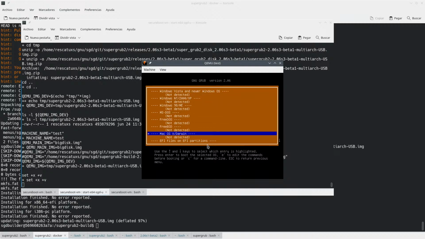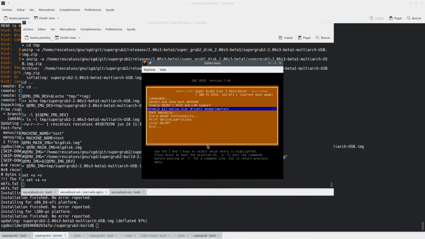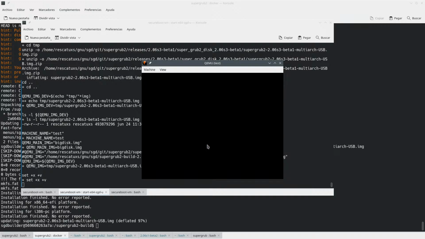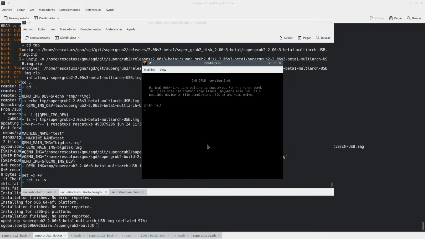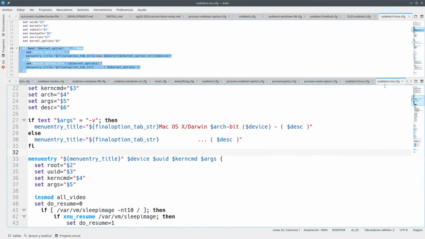Okay, so Mac OS Darwin not detected. Okay. Return to main menu. So boot manually here, and Mac OS Darwin. Nothing special to say here. I'm not going to test Mac OS X, but yeah, maybe